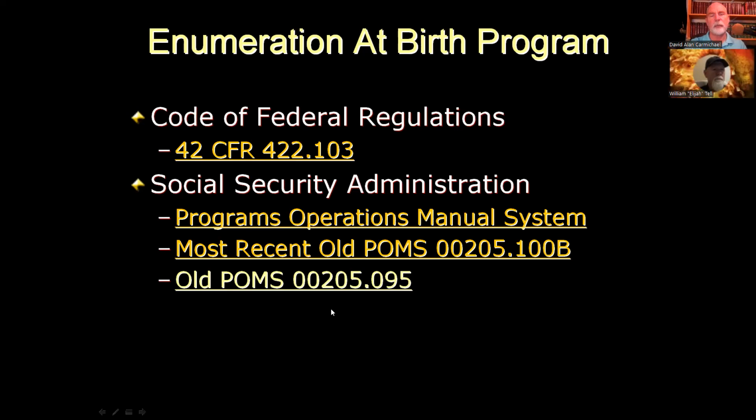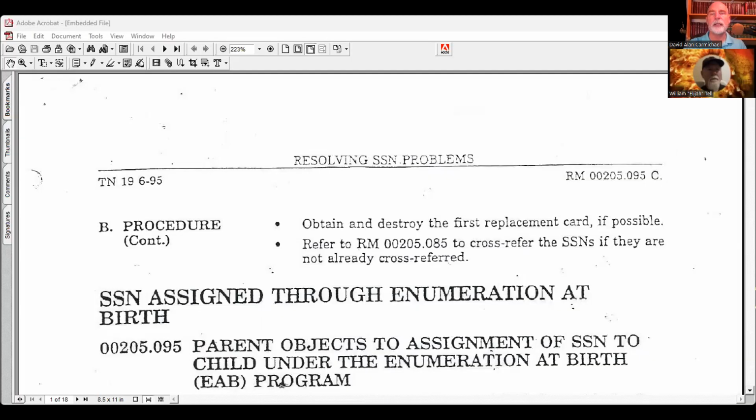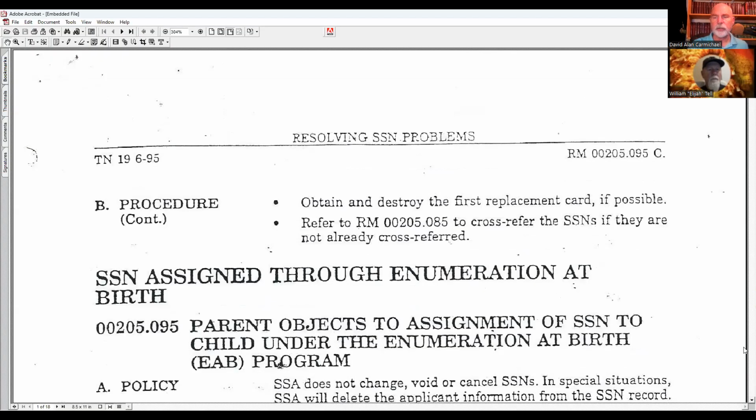You're about to say something, and I'm going to show them this other section, 205.095, show them what that looks like. So go ahead. No, I'm good right now. Okay. So the other one that I used, this was old. I think the one I just showed you is the newer version of the policy manual. In the letter that I wrote, I think I actually cited this one because this is what I have. And this is a 1995 version.